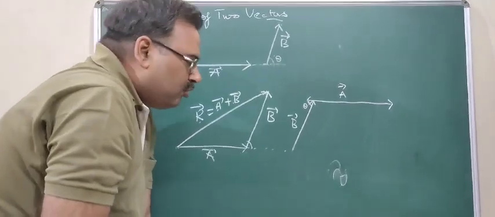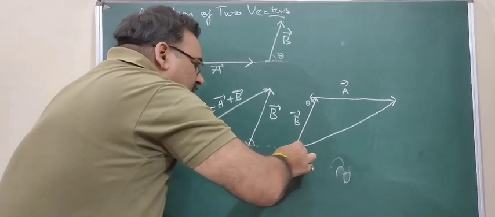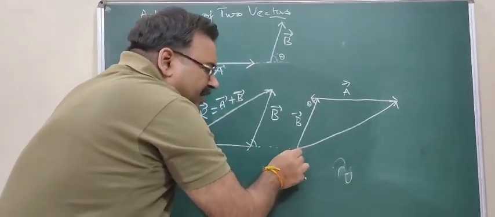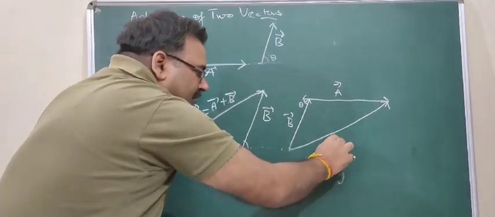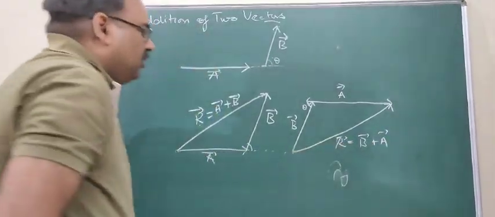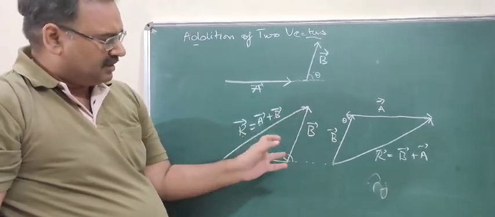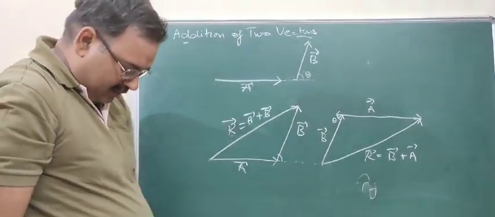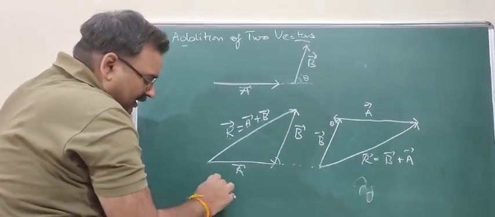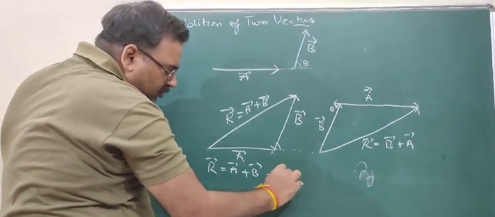अब क्या करना है, दोनों को जोड़ना है. तो इसको हमने इससे जोड़ दिया. So initial point of B and final point of A. This will give you R, which is equal to B plus A. Now if you look at these two vectors, they are almost parallel. It is not drawn by construction. These two lines should be parallel. So we can add A plus B. यहाँ पर R क्या आया, R is equal to A plus B, which is also equal to B plus A.